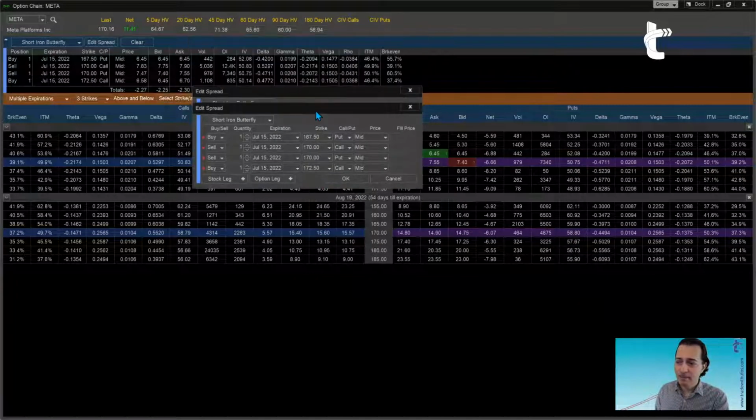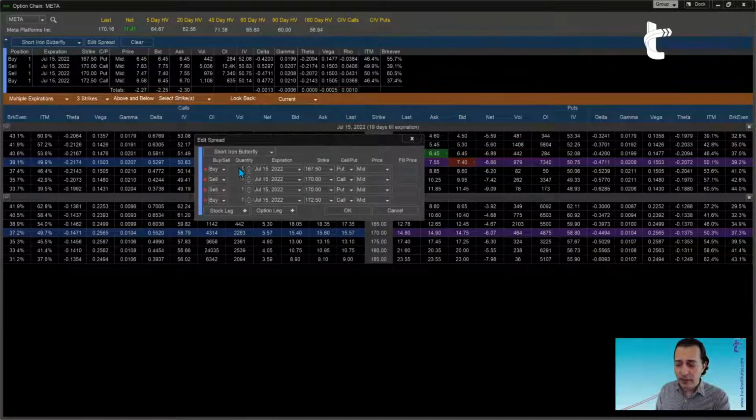What else can we do here? Well, the other thing that we can do is change the quantities. Okay, so maybe you are doing 2 of each, or maybe you are doing 2 of the shorts and 1 of the long. Again, all of these changes the risk profile of the trade big time, really, really big time. But assuming that you know what you're doing and that this is part of your trading plan, this is where you would come to change it.